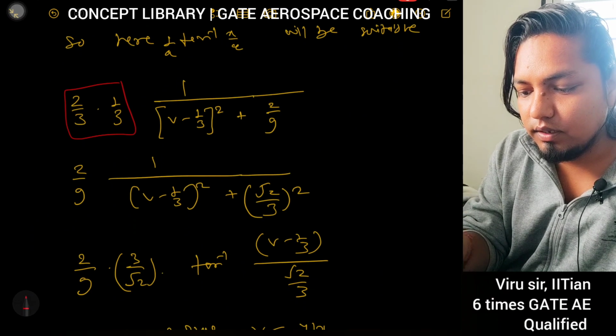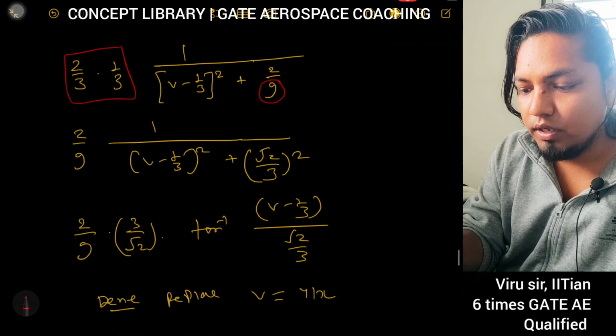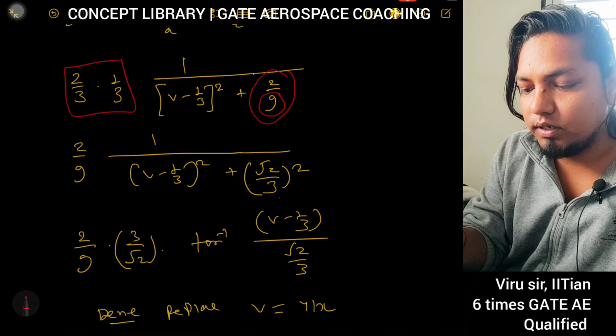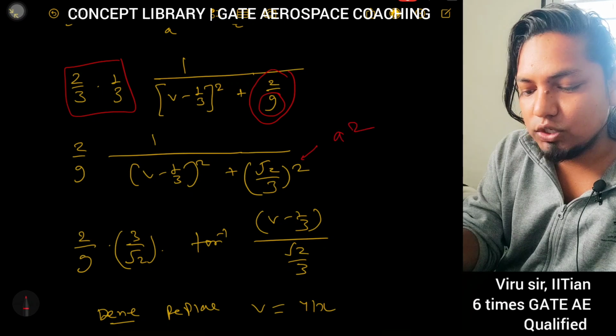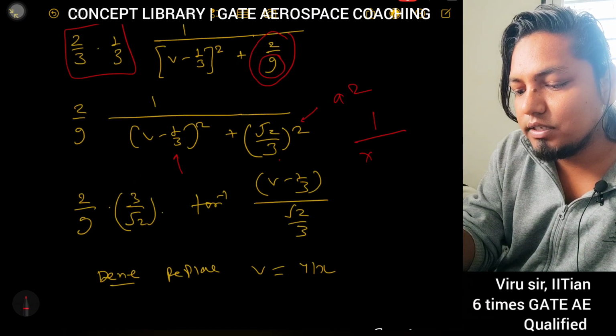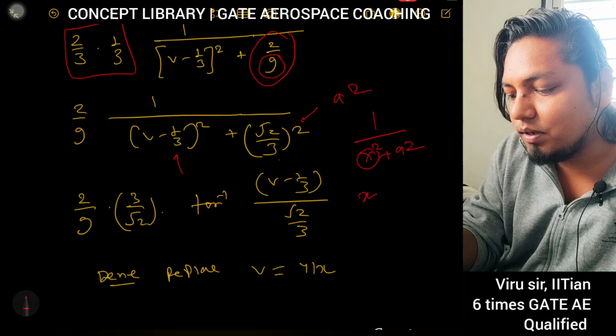So now here it will become 3 into 3, so it will become 9. So this 2 by 9 I can write as root 2 by root 3, root 2 by 3 whole square. So now this is behaving like a square, but here one extra number came. I mean, we know the formula for x square plus a square, but what if this x becomes x plus or minus b